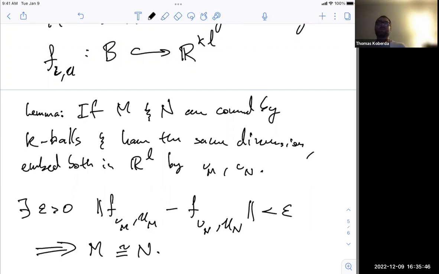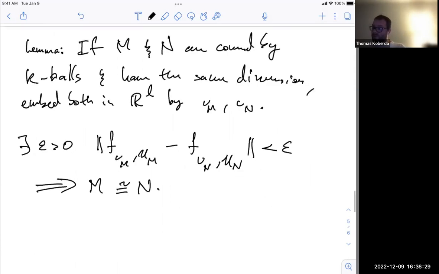So as long as you can write down formulae which don't depend on the underlying manifold, which are just formulae that live in the language of group theory, and which for different homeomorphism groups will interpret the same things in a faithful way, then you will be able to express exactly when, for a given embedding of a ball in R to the KL coming from a covering of M by K balls, then N also admits such a cover, which is close to that embedding, and so N has to be homeomorphic to M. Okay. So how might one even begin?